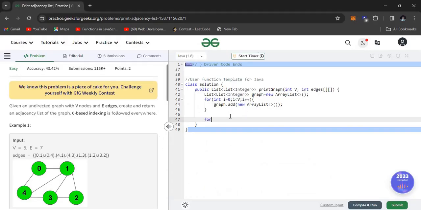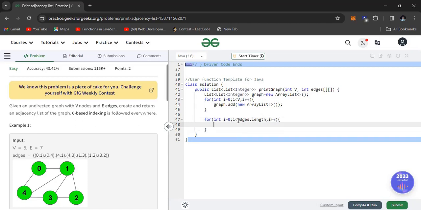So make one for loop, int i equals 0, i is less than edges dot length, i plus plus. Here, if you take the edge 0 1, that means 0 and 1, in int u and v,